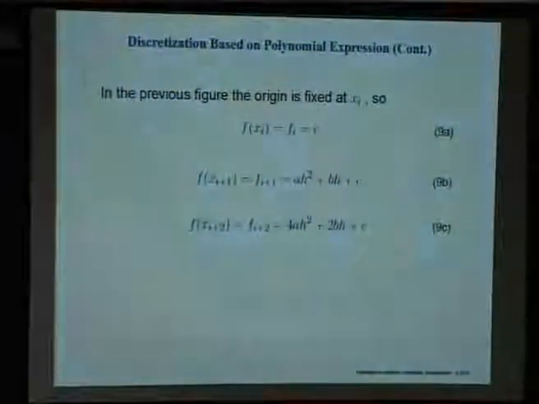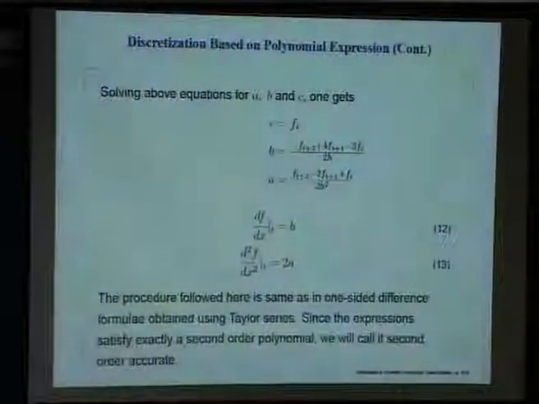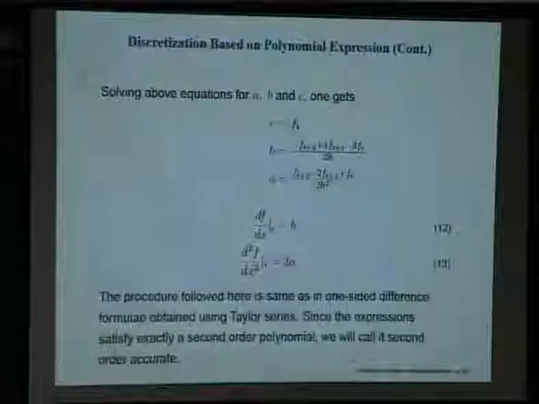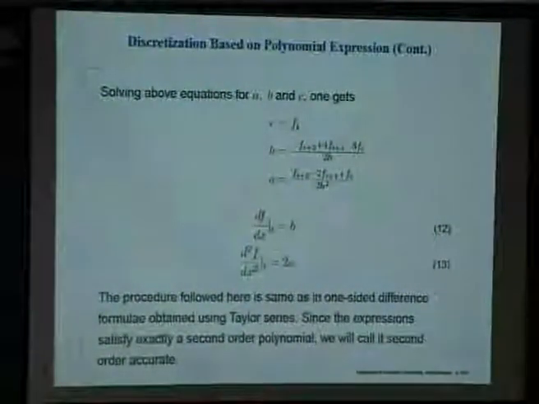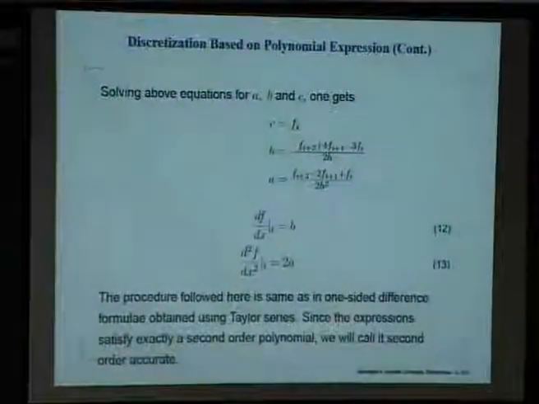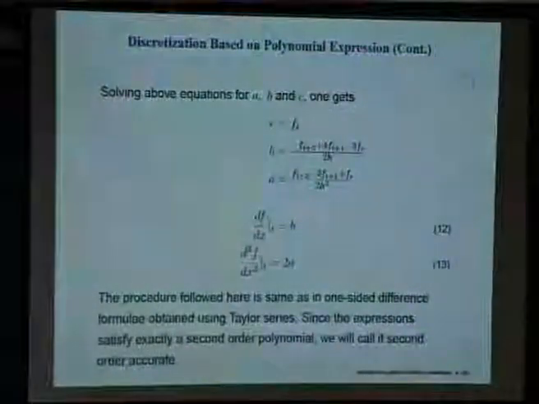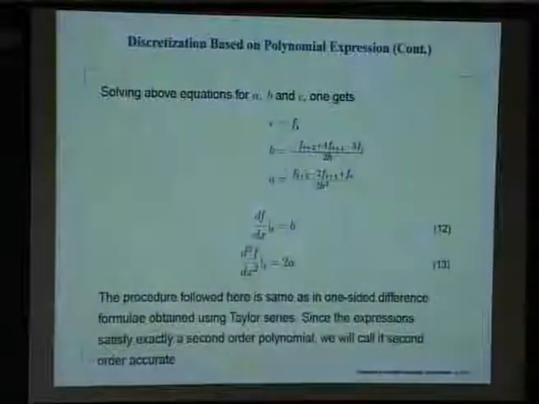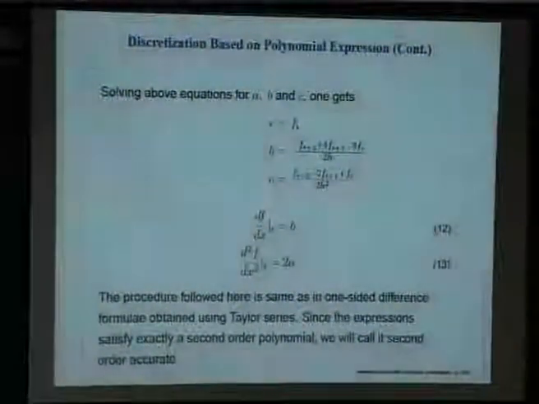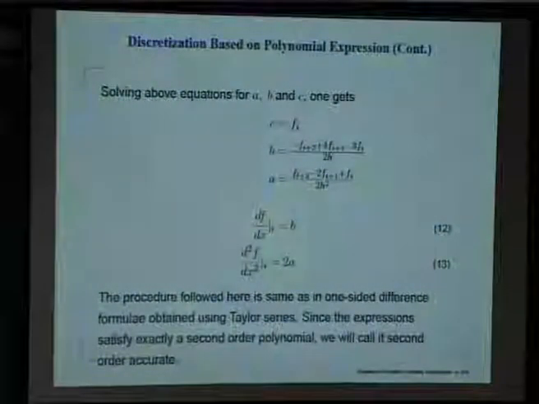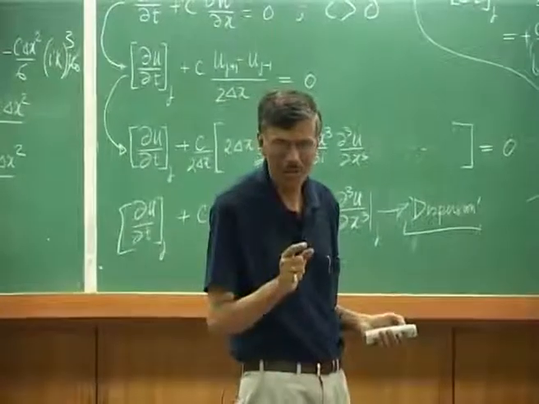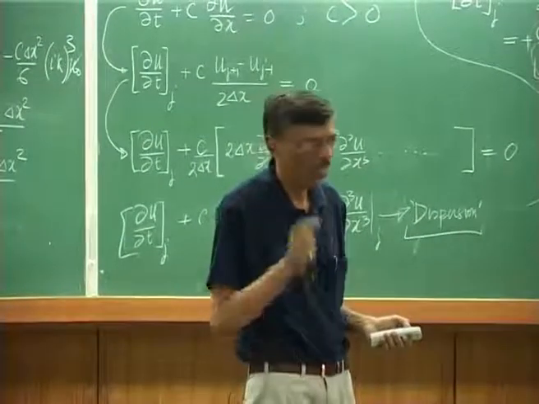So, we did that and we got these 3 equations, we did solve them and we got these 3 values. So, once you have that polynomial expansion, you could calculate the derivatives. What you have here is a bit of an advantage, because you are going to get both the derivatives, the first and the second derivatives at the node i. If I look at this, we are basically following the same kind of strategy. We are trying to get the information at the ith node in terms of the information obtained from i plus 1 and i plus 2. Now, you see